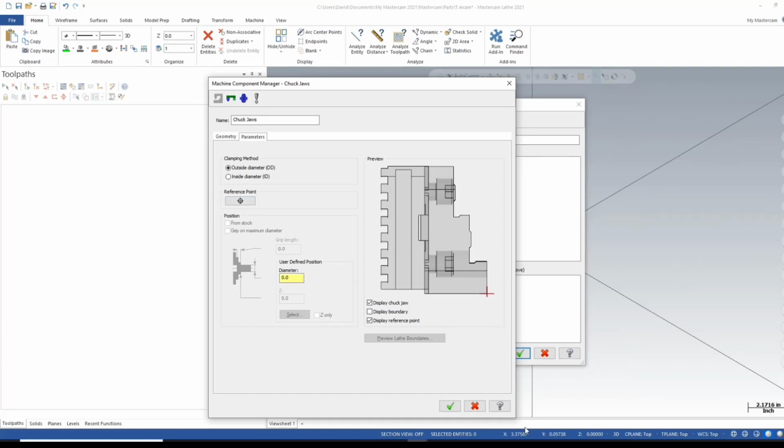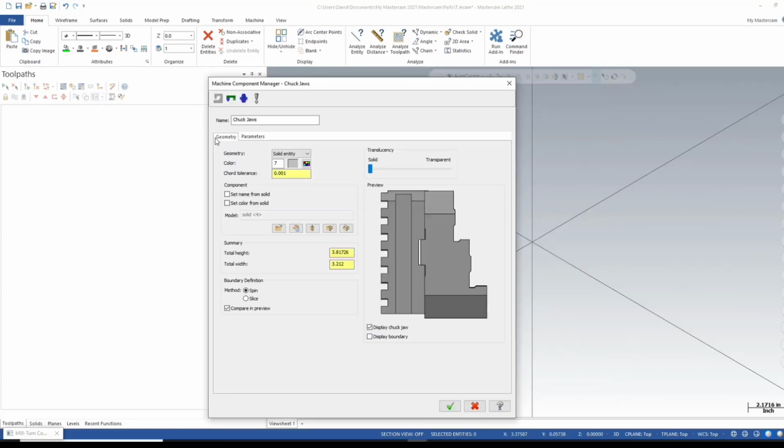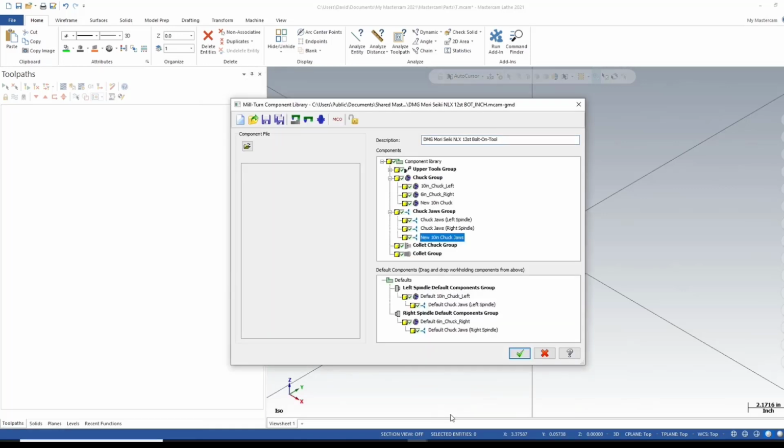So here, I think we're all good. I'll hit the green check mark. Oops, let's go back in there and update the name here. Okay. All right, now in case you wanted this to be your default chuck,